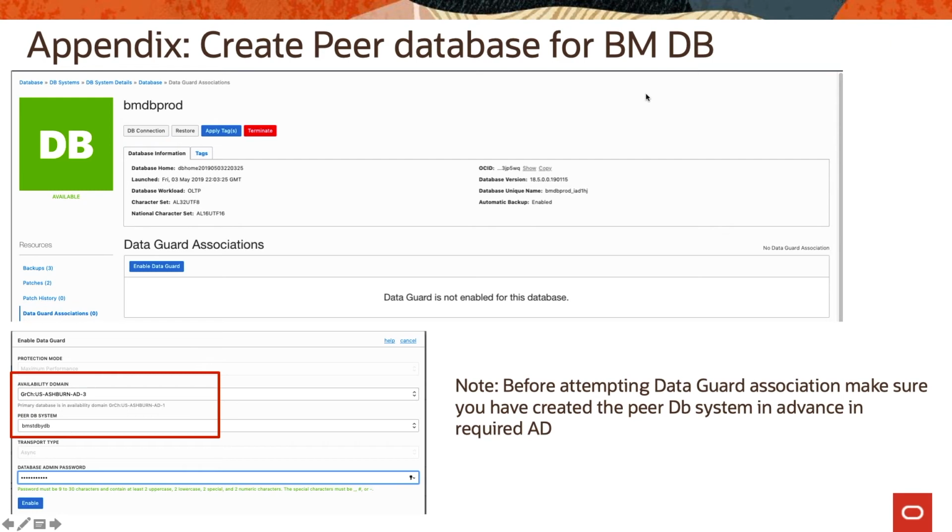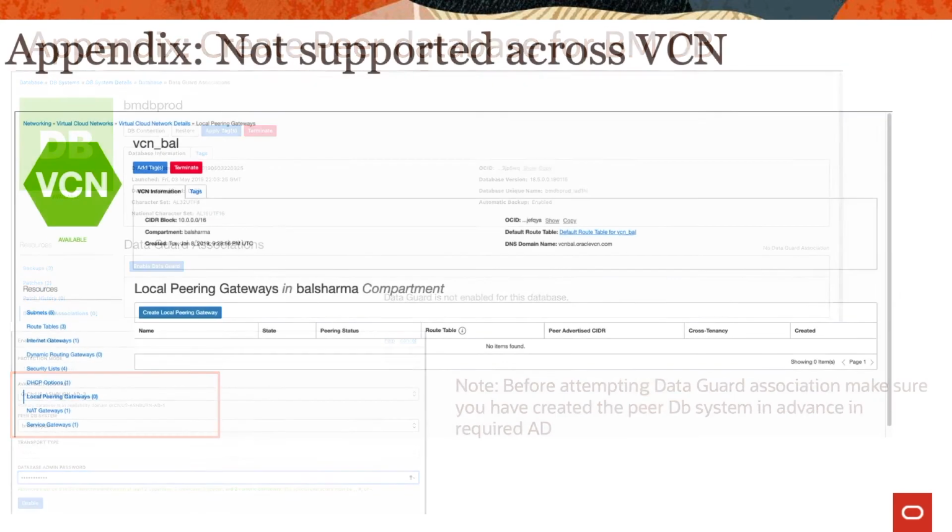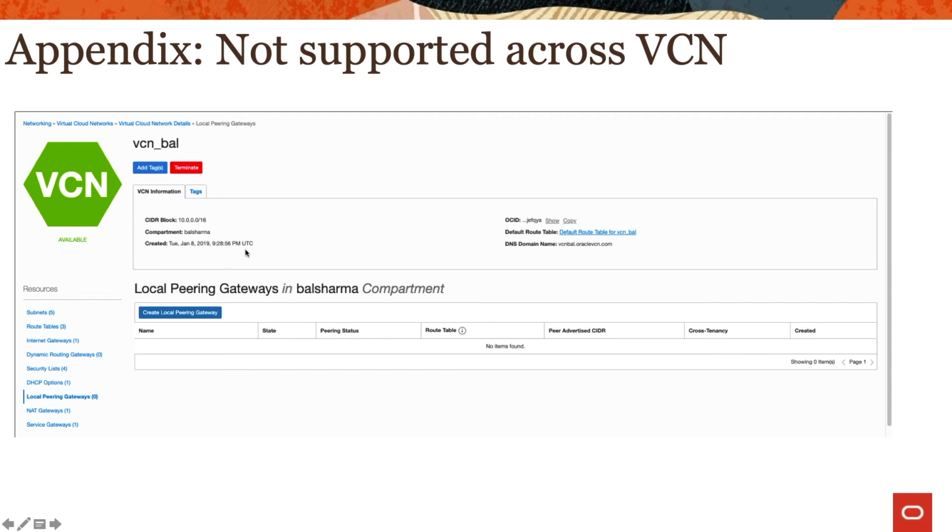So create the peer database for VM bare metal database. That is the first step before you attempt the DataGuard association. And some of the networking related information. So you cannot deploy a database across different VCN, so you should not try that. That is not a supported configuration, or either creating local peering gateways, so they are not supported configuration for DataGuard